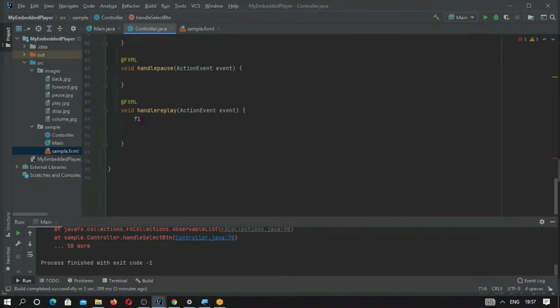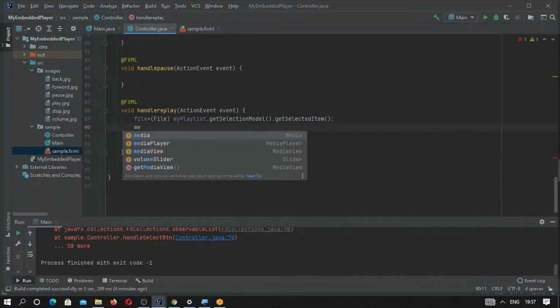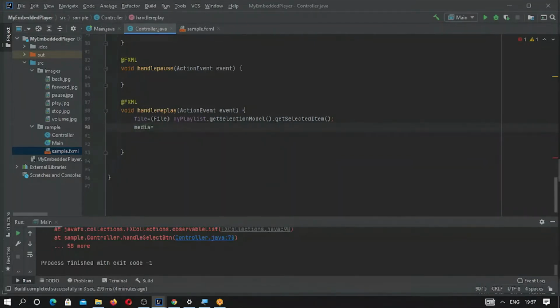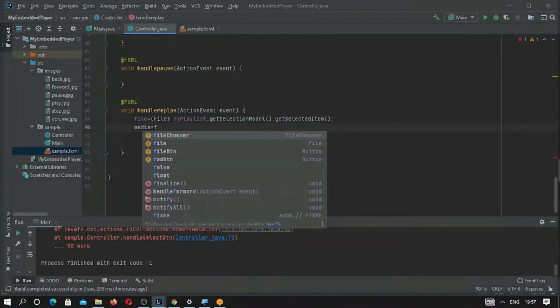So here we are going to shift first play, and once the file has been taken, what else is required? Media. So this is a media, and this will be the file. Media always takes the form of a URI.